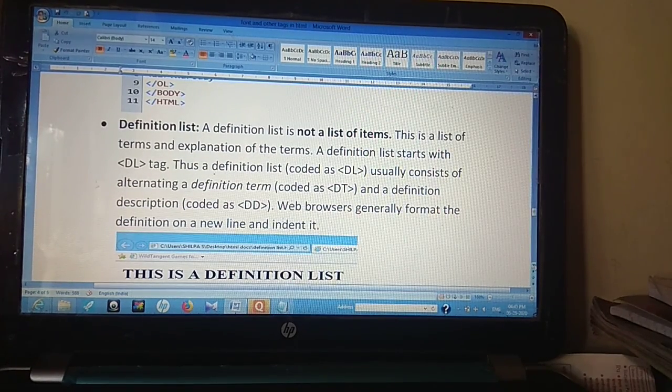Next comes the definition list. Now the definition list is not a list of items. This is a list of terms and explanations of terms. Okay, it is not basically a type of list. It helps us to define the explanation of terms.